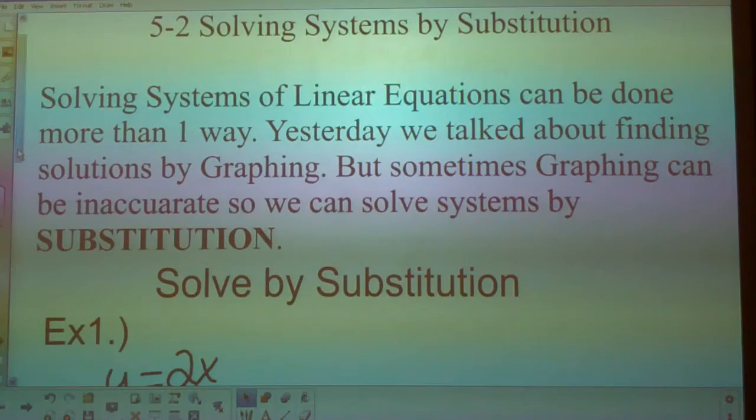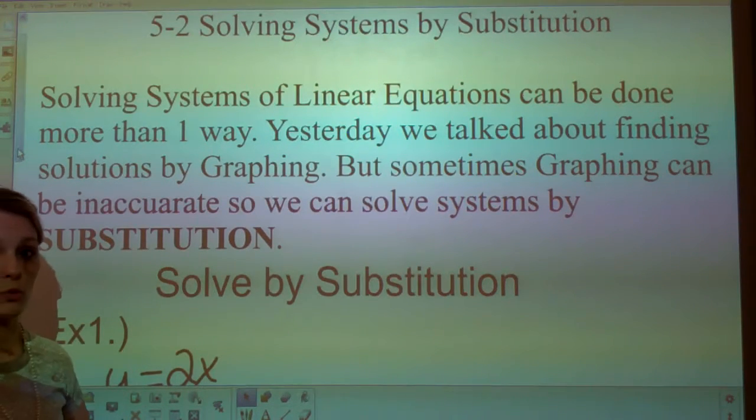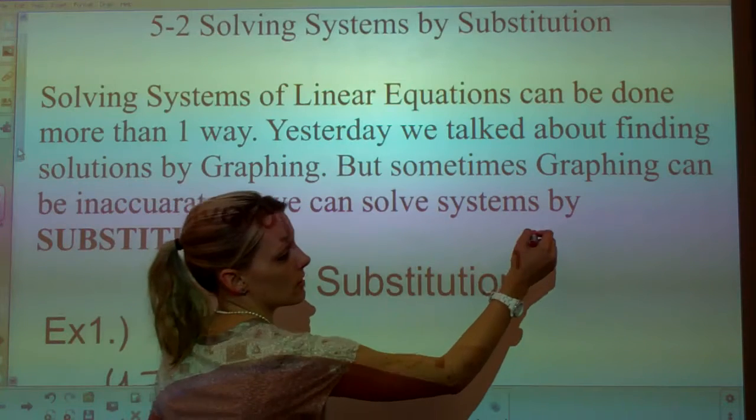This is solving systems of equations by substitution. Yesterday you learned how to solve systems by graphing. Today you are going to learn how to solve systems by substitution. Sometimes when you graph, it could be inaccurate. For example,